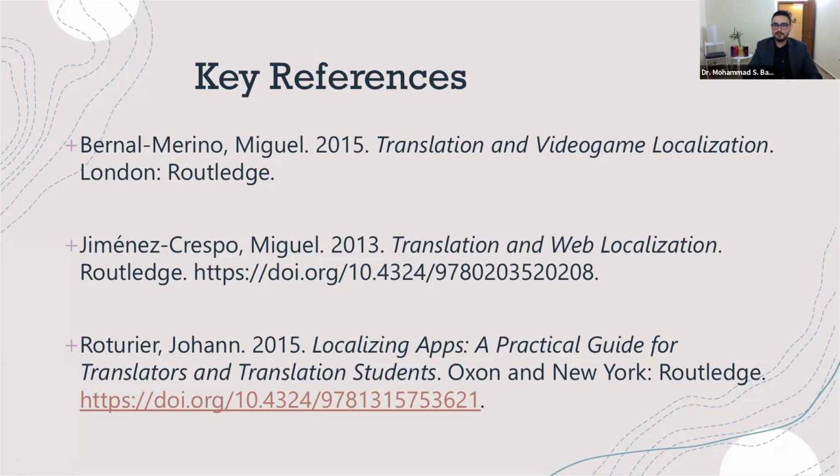Ariane says, thank you for the explanation. You mentioned that a localizer should have proper knowledge of coding besides being capable of providing high quality translation. My question is, what programming language should a translator master to localize? Well, the answer is not straightforward. However, a localizer should be flexible enough to learn things. For example, they should be able to search for problems online and solve them. If you don't know how to fix a specific technical problem because you don't know coding, a localizer should at least be able to search for the problem and understand how to fix it